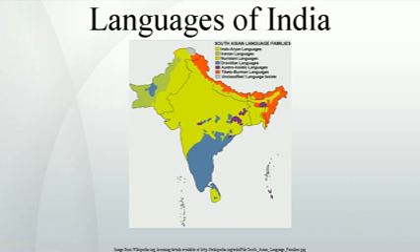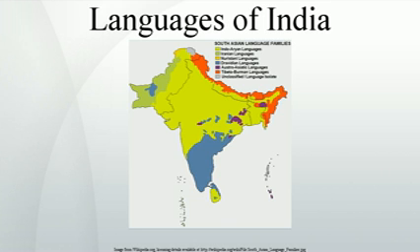Official languages. The official languages of the Union government, not the entire country, are Hindi and English. According to Article 343(1) of the Constitution of India, the official language of the Union government shall be Hindi in Devanagari script. The individual states can legislate their own official languages, depending on their linguistic demographics.